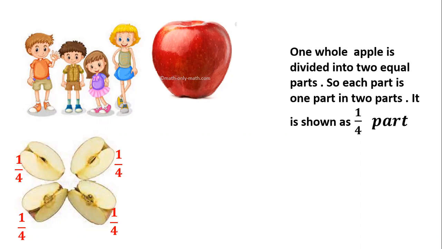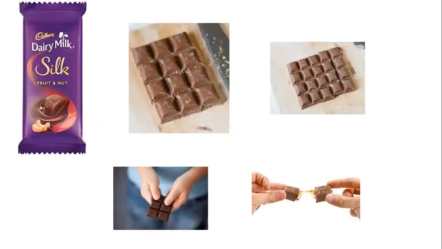And this you might also have seen practically with Dairy Milk Silk chocolate. When you have 2 or 3 siblings, your brother and sister also want a share of that. So to divide this into equal parts, the chocolate is manufactured in this style. Chocolate is not a flat chocolate. It is divided like this so that you can make parts and distribute among yourselves. So make parts, break. So you can have small parts.